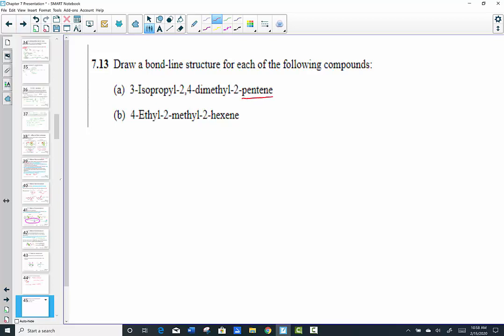I go to the root word pentene, and I can see the location of the double bond. All right, so 1, 2, 3, 4, 5 carbons in the longest carbon chain, and between carbon 2 and 3 is a double bond. All right, so that's the 2-pentene part. Then I can see at carbon 3 is an isopropyl group. So a carbon leading to an isopropyl. Well, that didn't come out very clean. I'll make this green so you can see that's the isopropyl group at carbon number 3. And then at carbon 2 and carbon 4